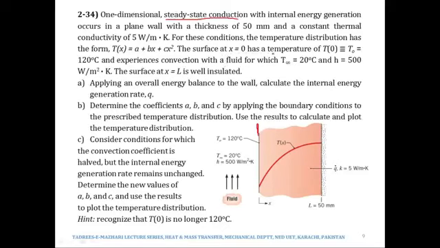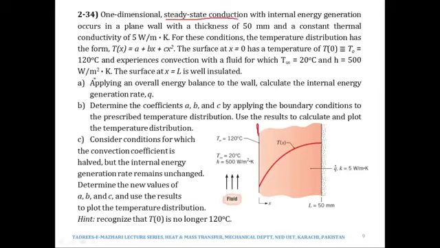The surface at x equal to 0 experiences convection with a fluid which is at 20 degrees Celsius. So on this side we have a fluid, the temperature of which is 20 degrees Celsius, T infinity, and h